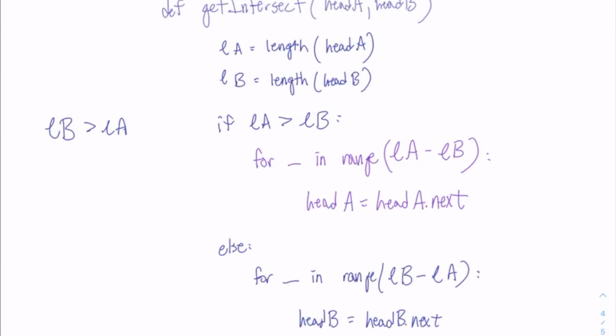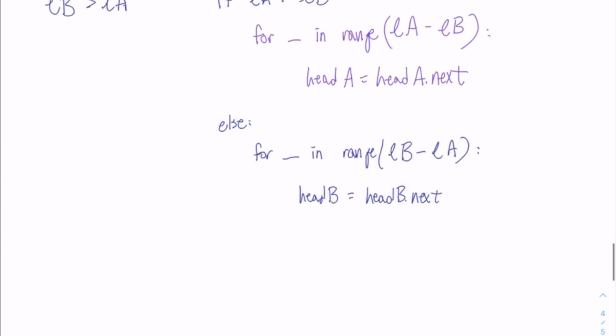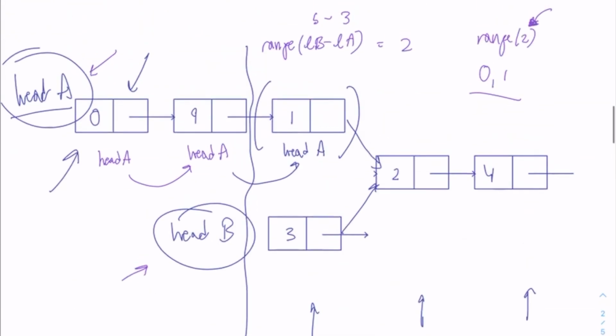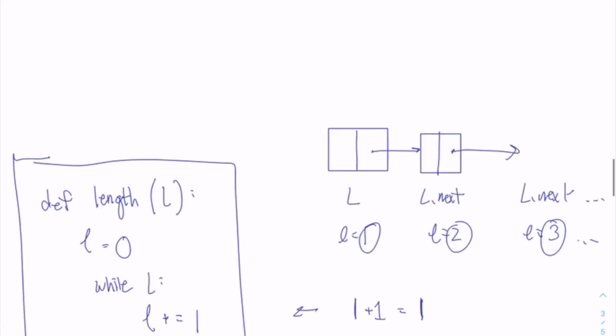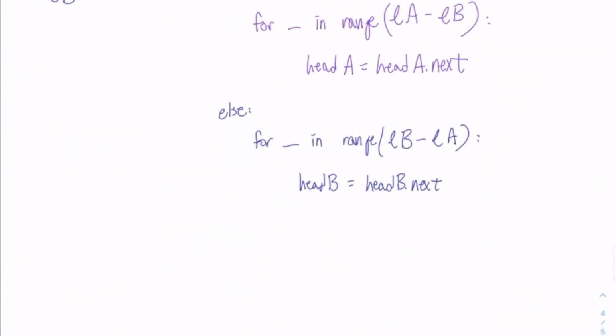So now that we've formalized the head node for the linked list that has a greater length, we can now go into a while loop that runs while head A and head B are true. In other words, while head A and head B are iterating to actual nodes. So the moment head A or head B reach null, then the while loop will exit. So we have it so that while head A and head B,